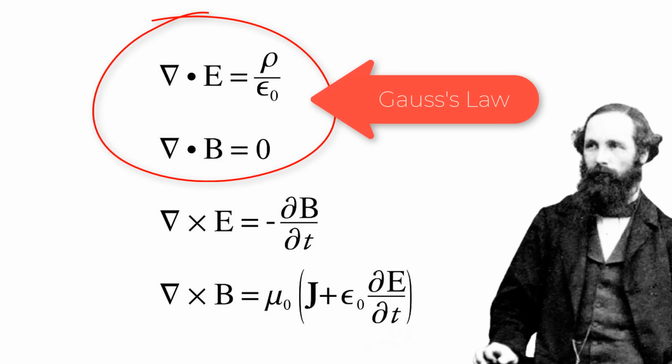Now let's take a closer look at the Maxwell's equations, as they're commonly given, that use the divergence, both of which are called Gauss's law. The divergence of E equals rho over epsilon naught, and the divergence of B equals 0. Now, before I go into what they mean, I feel like I need to give a little backstory.